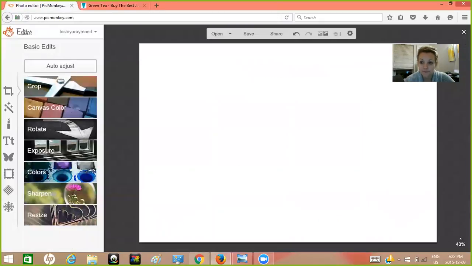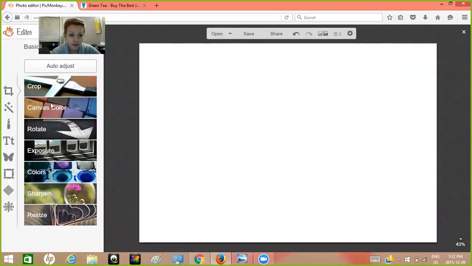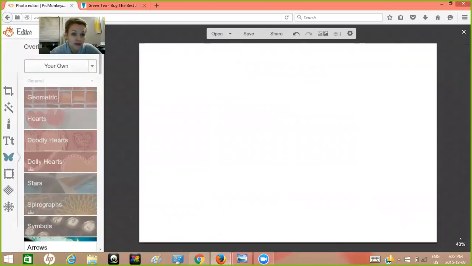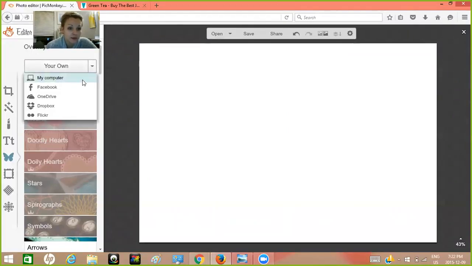So after that, I took my images of my David's tea and I put those on my canvas first. To do that, you go to this little butterfly button, and it comes up saying overlays. So overlays is just any graphic that you want to use on your canvas. Since mine are saved to my computer, I went to my own,